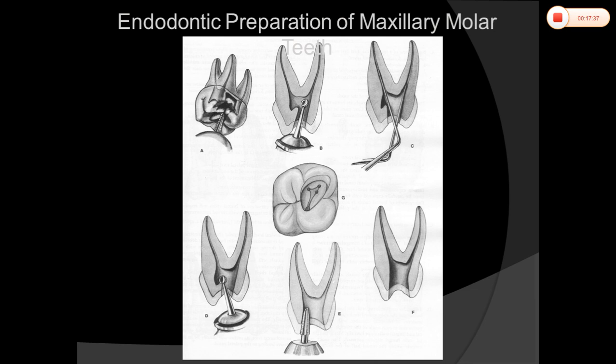We move on to the maxillary first molar, which is an important tooth in our maxillary jaw. As you all know, this is the first erupted tooth, so there is always much importance for the first molars. If there is a loss of the first molar, there is a huge loss to us. And hence, as you all know, the maxillary molar is the largest tooth in volume and most complex in root canal anatomy. Hence it's a very important and also complicated tooth for an endodontist.